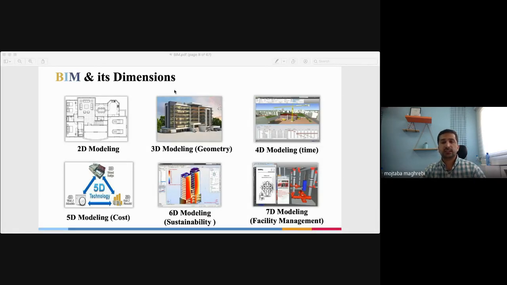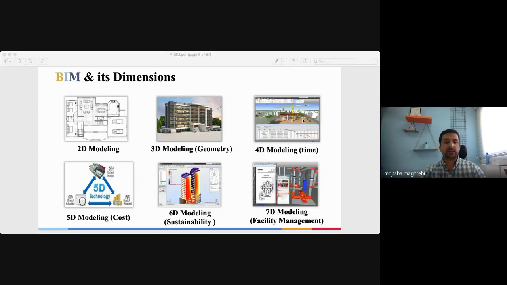If you look at the right top corner of the slide, you can see the 4D modeling: 3D plus time comes to 4D. With 4D, we could see how the project could be constructed gradually over time.